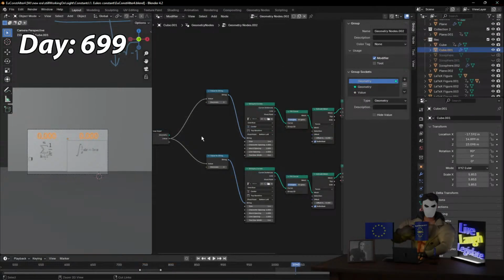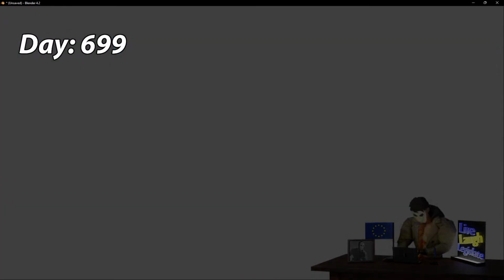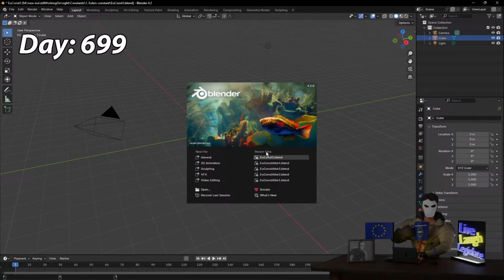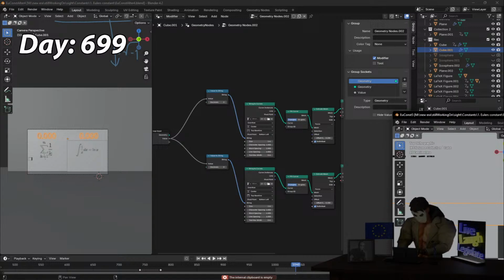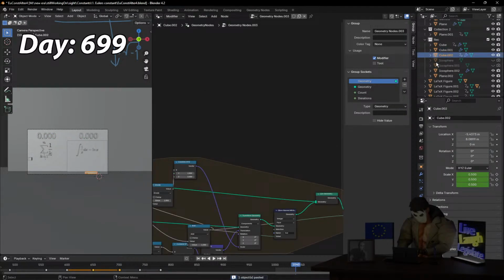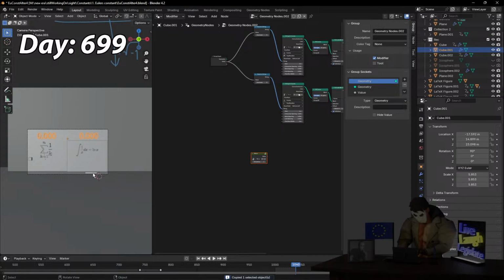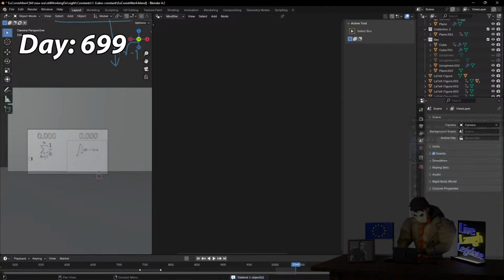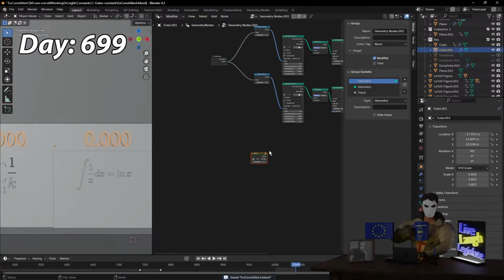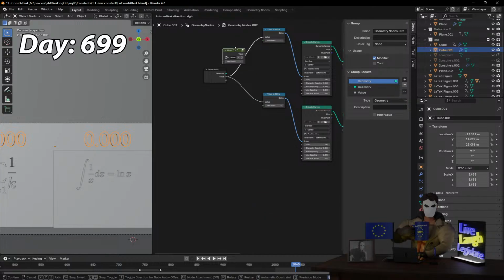Just copy and paste the thing that I've copied and pasted. There we go, lovely. And so now that we have the harmonic series, we can just take this, pop it